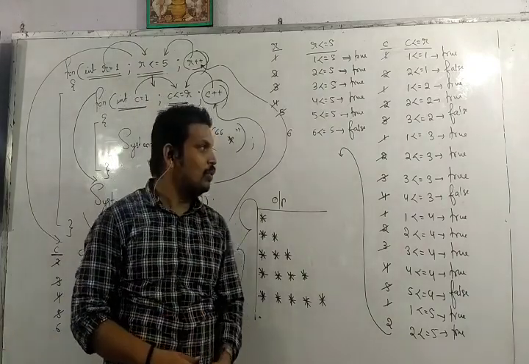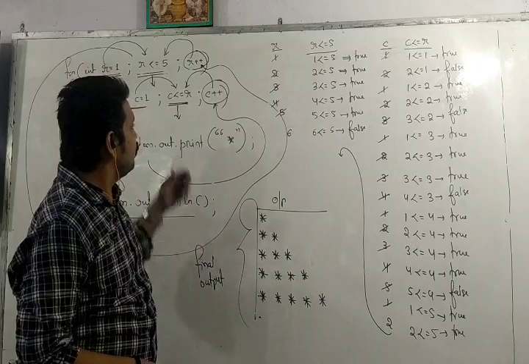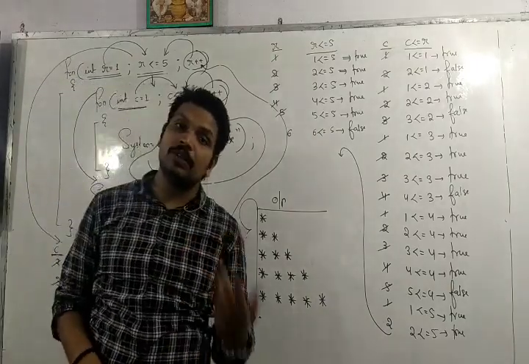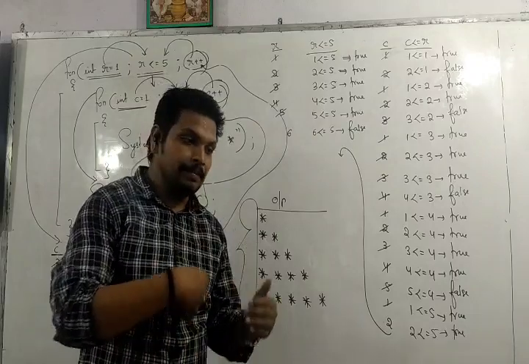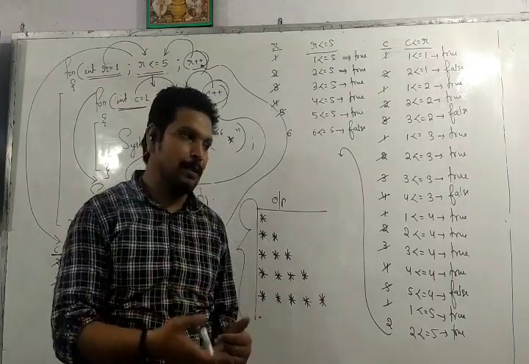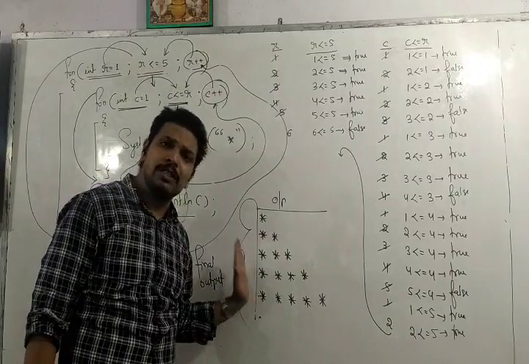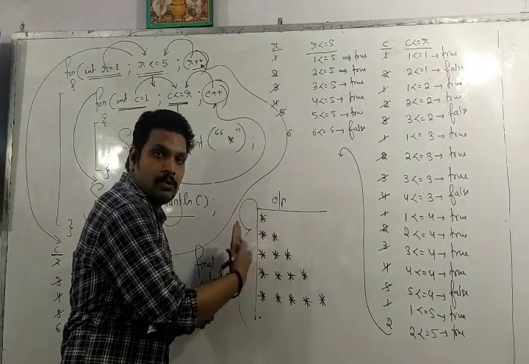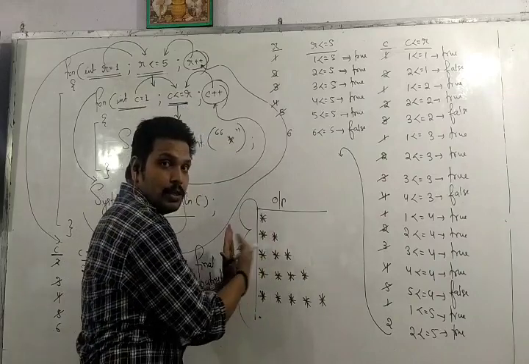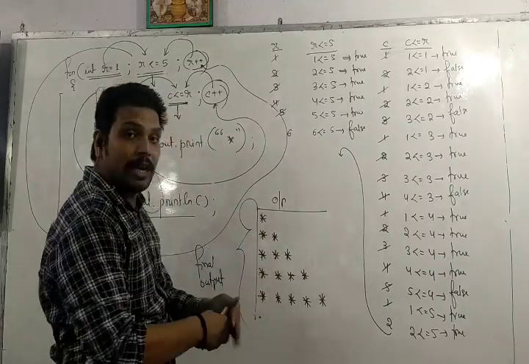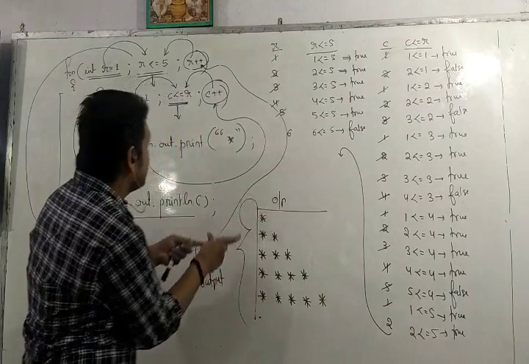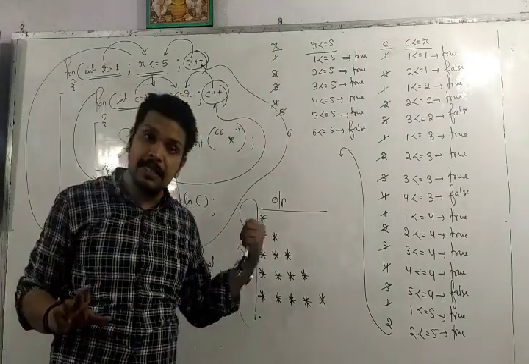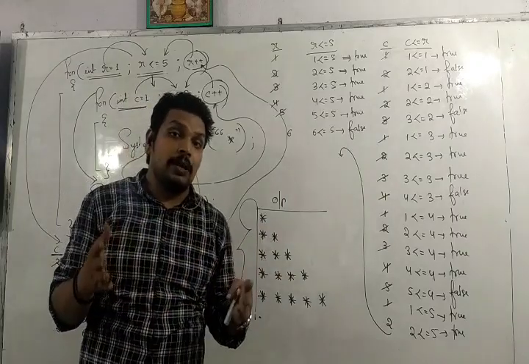Okay, so what we have to do? We have to search the condition first of all. In which condition the stars are getting printed, and in the else part we can display space. But in this situation, when the stars are indented towards the left margin, in such case, we can put that condition as the testing expression of the inner for loop. In such case, we don't have to use if else.